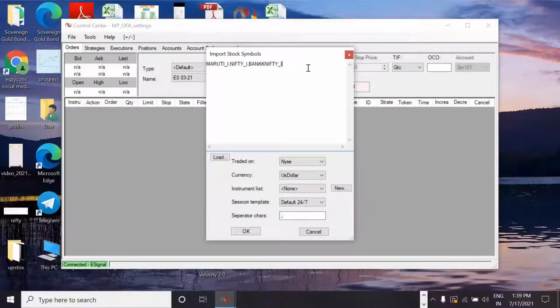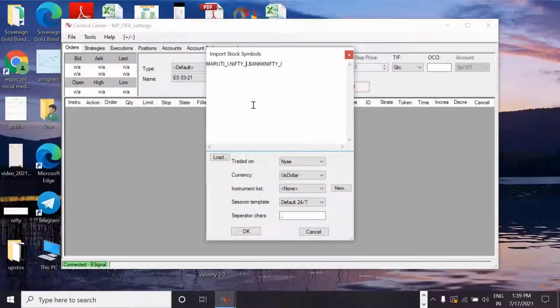You can add multiple symbols at a time using comma as a delimiter. After Maruti _i, give a comma and then the next symbol, and in the same way give one more symbol. You can add n number of symbols.